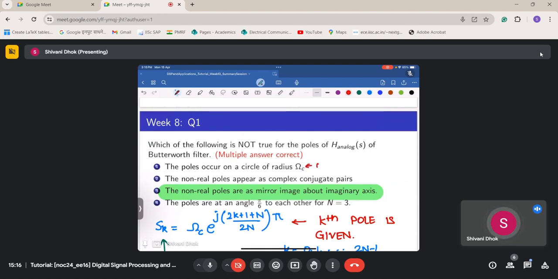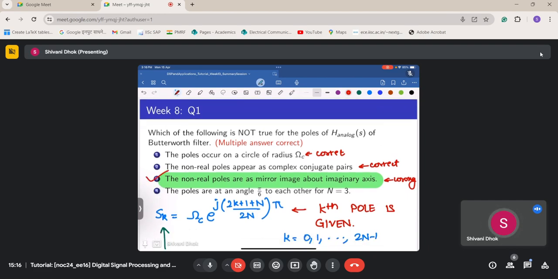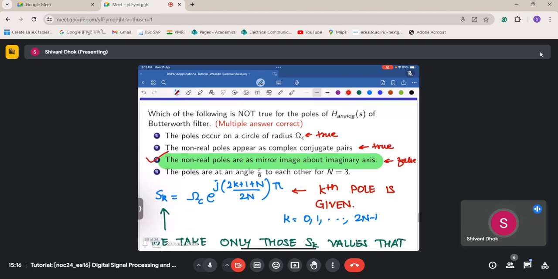So this is correct. This is correct. This we showed is wrong. So this is the option that we want. Let me write it like this just to avoid confusion. This is true. This is true. This is false. Then the last option is the poles are at an angle pi by 6 to each other